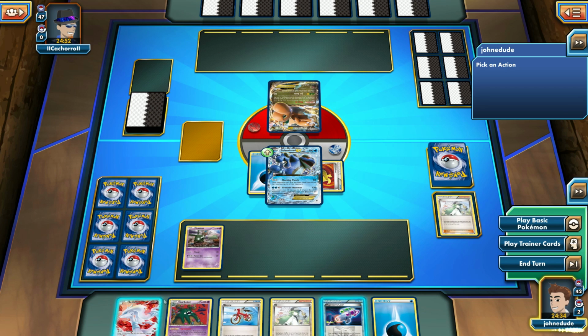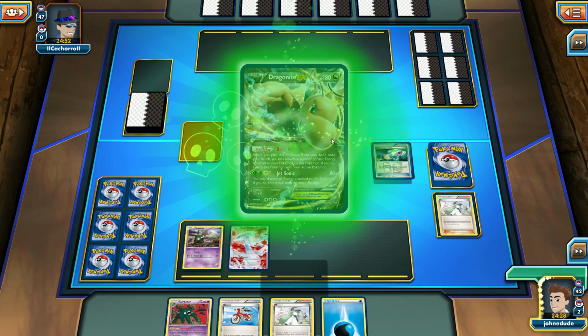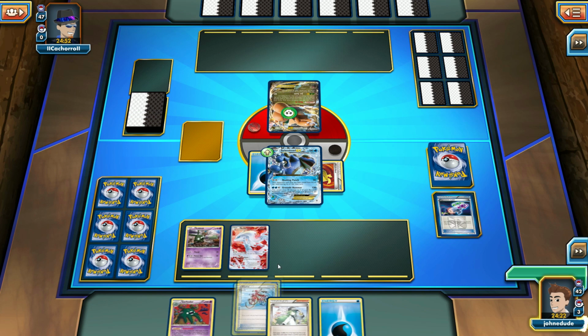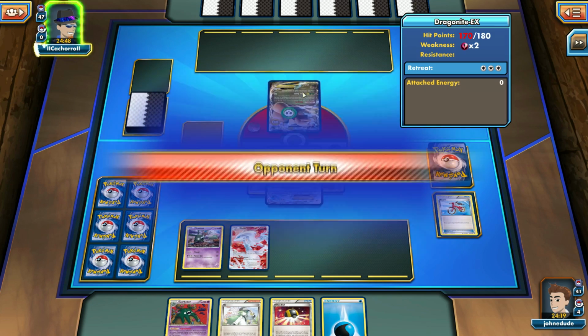Okay, so we got a Water Energy for next turn. I'm also going to bench this Reshiram and go for the Hypnotoxic Laser. Ooh, everyone hates that attack. Or that item. And we did not get the sleep on it, which is fine. So it's just going to be a sleep. Let's play another Bike. I really like the Bikes. They're good. They're good. Okay. Actually, no, we have one evolution, which is Garbodor, but